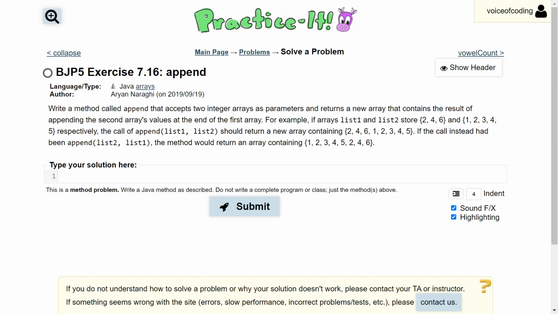of append with parameters list1 and list2 should return a new array containing 2, 4, 6, 1, 2, 3, 4, 5. If the call instead had been append with parameters list2 and list1, the method would return an array containing 1, 2, 3, 4, 5, 2, 4, 6. So for this problem, we are essentially asked to combine two different arrays in the order that is provided to